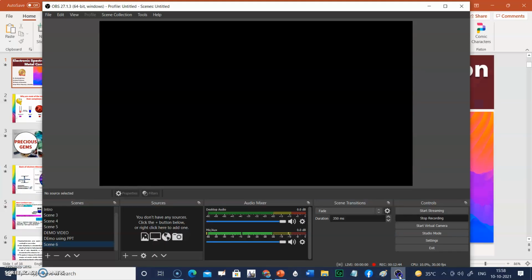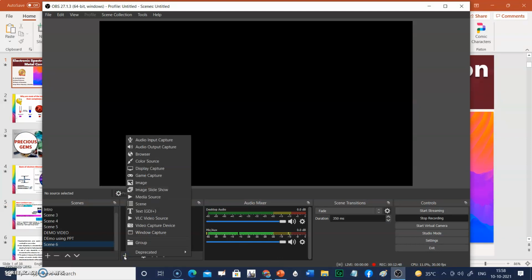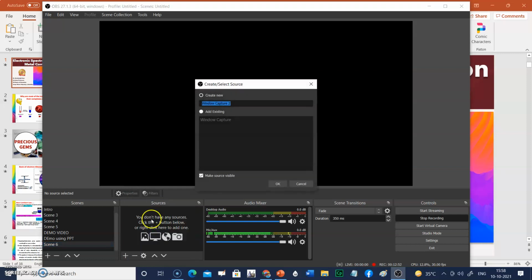And then come back to the OBS and click on the plus button, and choose window capture. When you click on window capture, it will again ask you to rename it. So let it be window capture 2 only, and click on OK, right?